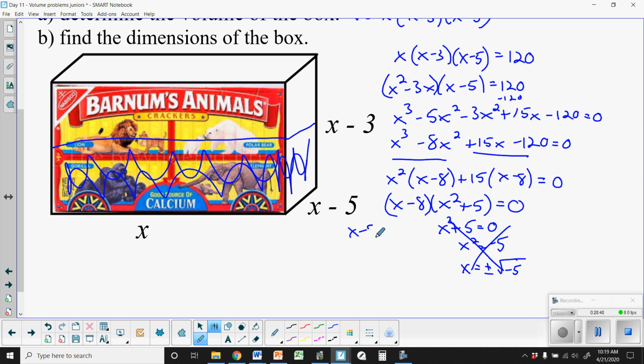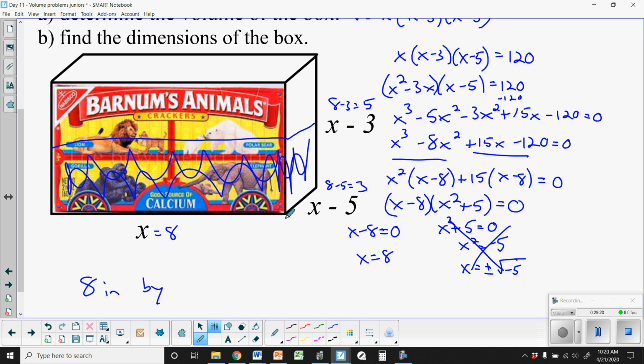X minus 8 equals 0. So we're like, oh, that's got to be our solution. X equals 8. So that means 8, 3, and 5. So x equals 8. X minus 5, so that's going to be 3. Is 8 minus 5. And then this will be 8 minus 3. So that's 5. So it's really 8 inches